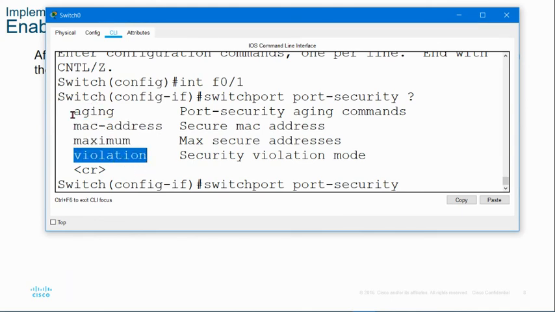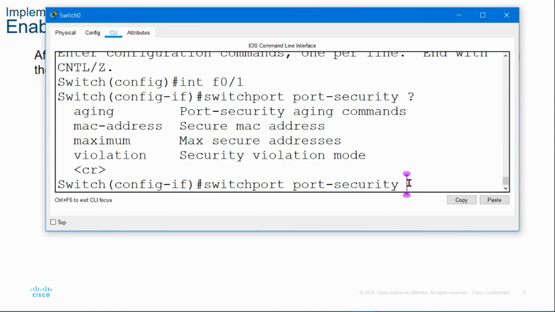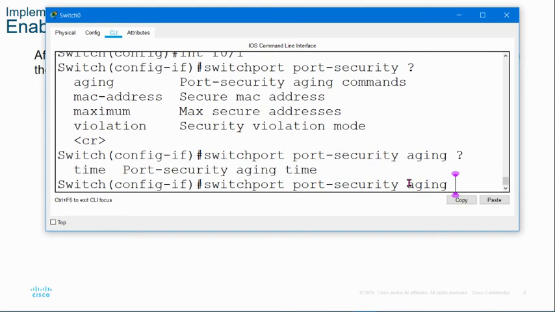What is this aging option? The aging option allows you to set the port security aging command. For example, if I type aging, let us probe what options are available with aging. In aging, you can set the time period.